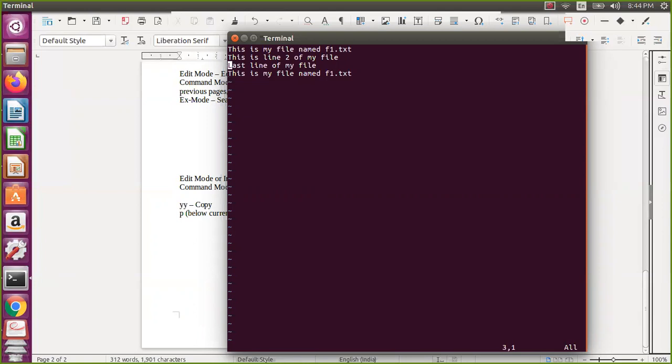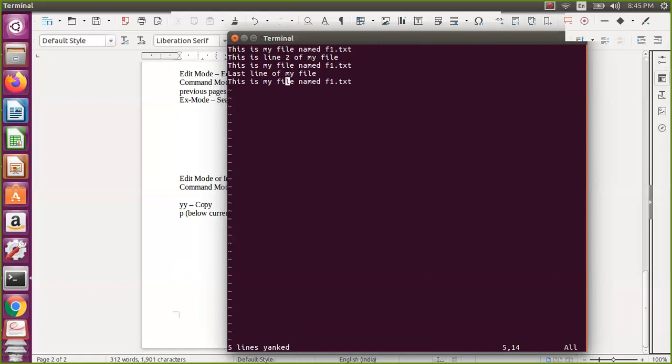Now I already have this particular one. I am in line 3, you can see here. Then I am now pressing capital P. Now it is written in the above line. So you can experiment. Now let us assume I came here, and you can see I have 5 lines of text. Now I am saying 5yy. You can see here 5 lines have been yanked, means copied.